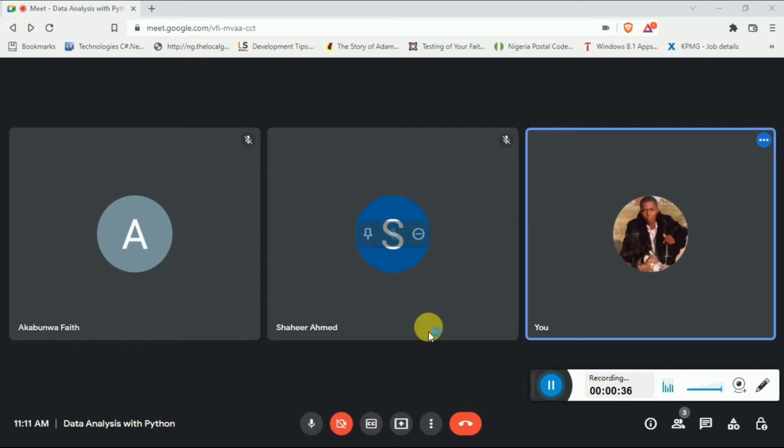So, I'll be sharing my screen and we start illustrating what we can use with NumPy. But before I share my screen,